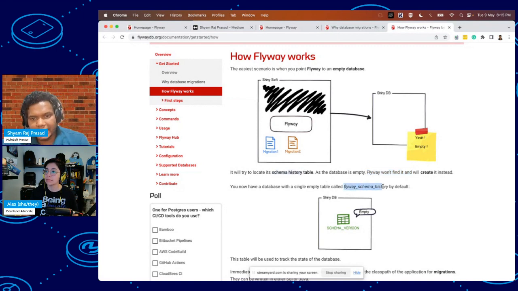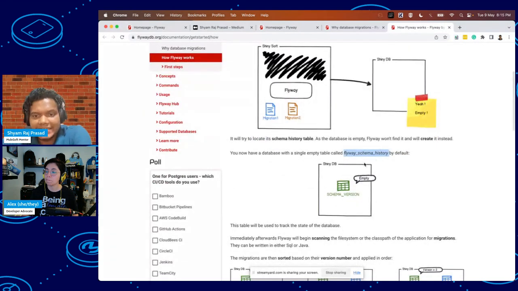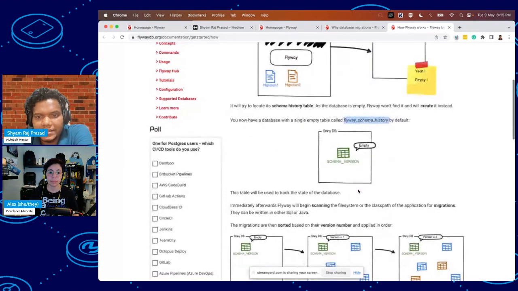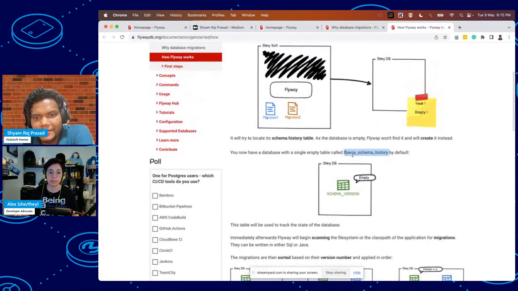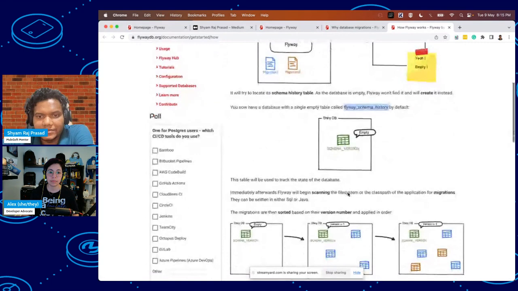In this table, it will maintain all the versioning of the database scripts. Here you can see migration 1 is there, migration 2 is there. So if we have two migrations, first it will run all the scripts in migration 1, then it will run migration 2, and it will create two entries in this Flyway schema history table. So from the Flyway schema history table we will come to know